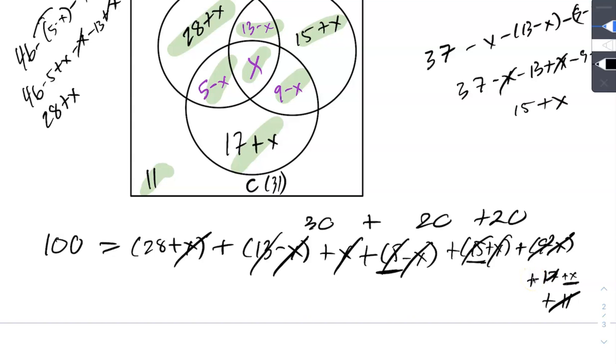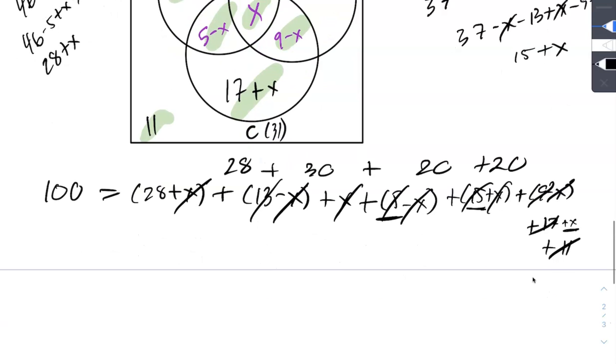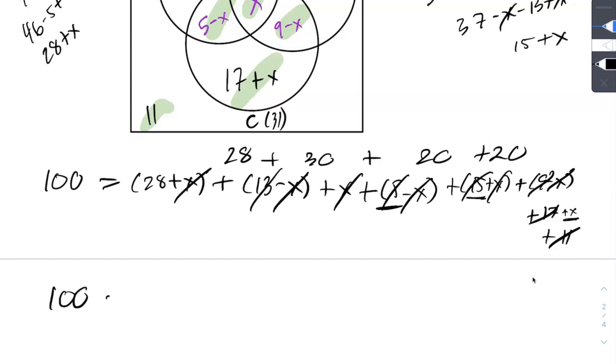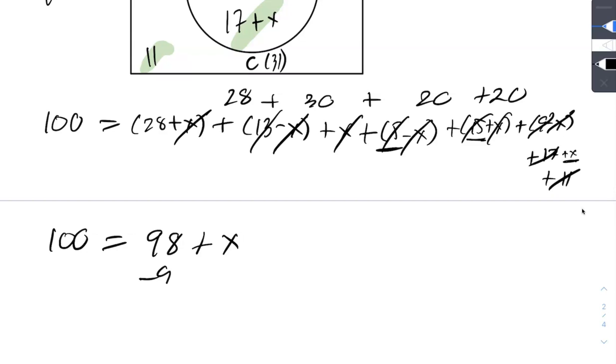So these are gone. And then we have a 28 there. So it looks like I have 100 equals 40 plus 30, 70, 98 plus the 1x right there, which means subtract 98 and x equals 2. So 2 people